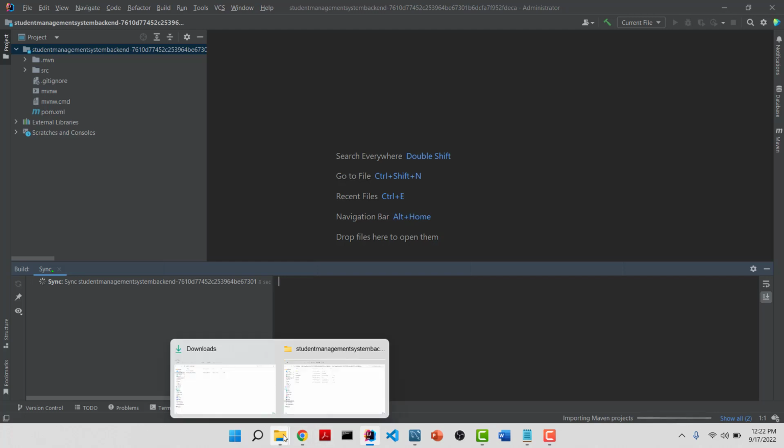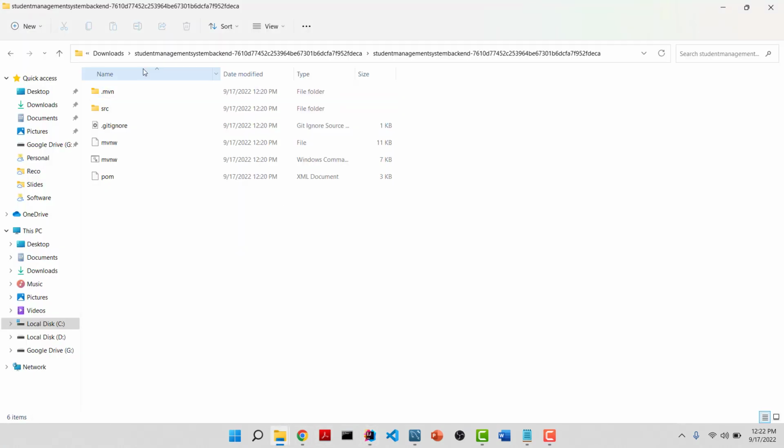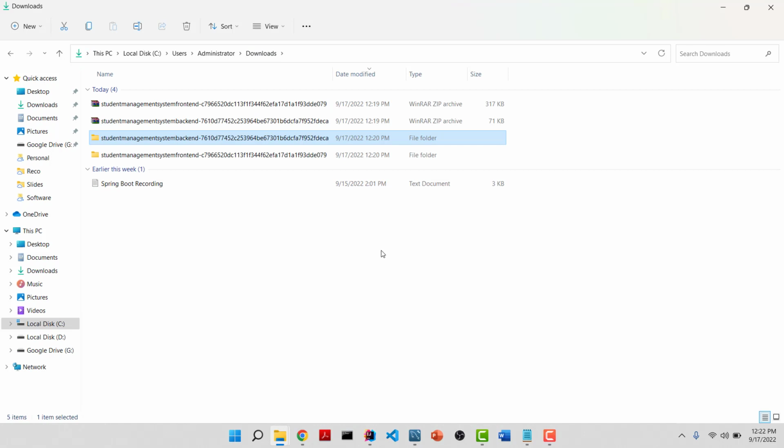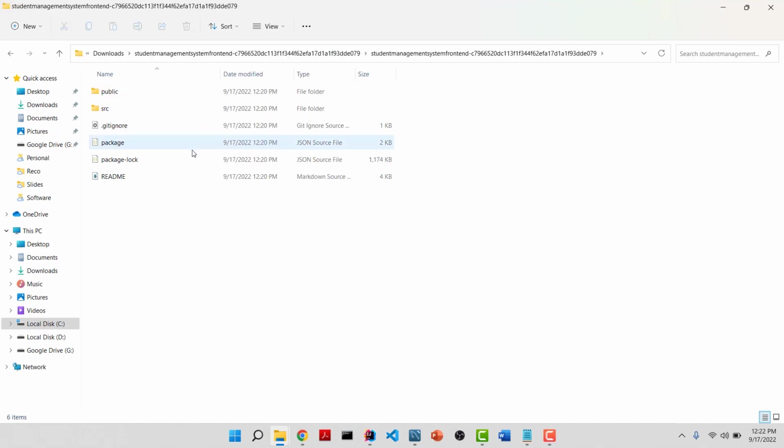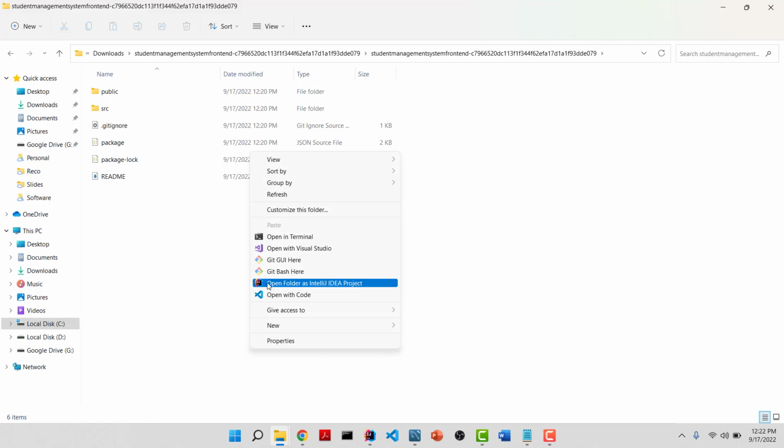Let's go to that directory once again, and now let's explore the front end. So here is my front end. I'm moving to the front end, doing a right click over here. And here also I should get the option Open with Visual Studio Code, or VS Code, or Code. If you are not getting this option,